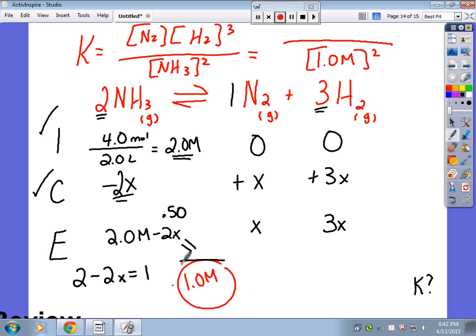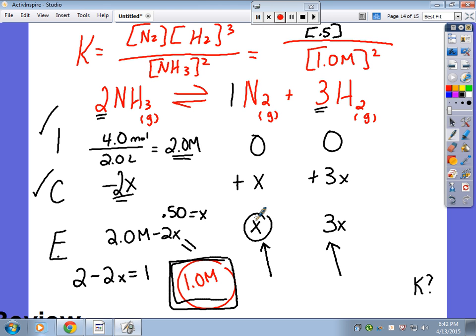Now you've got to be really careful with this. The concentration at equilibrium is 1 molar for NH3. What did I just solve for? I just solved for 0.5 as being equal to x. That's going to help me find out these 2 values. So what is x? Well, x is equal to N2. So I'm going to put 0.5 up here. Why? Because I just figured out that x is equal to 0.5 and the value of this at equilibrium is x. What's this? This is equal to 3x. So 3 times 0.5